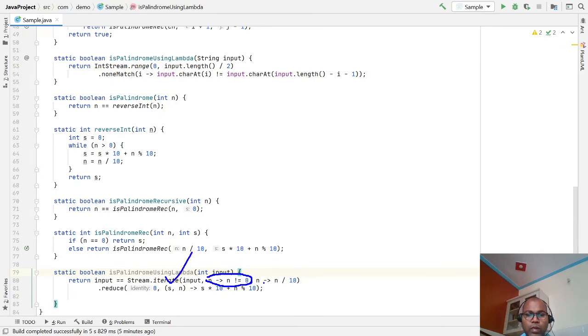And in the iteration, n equals n modulo 2, this is the check if number is greater than 0, and this is your input number.